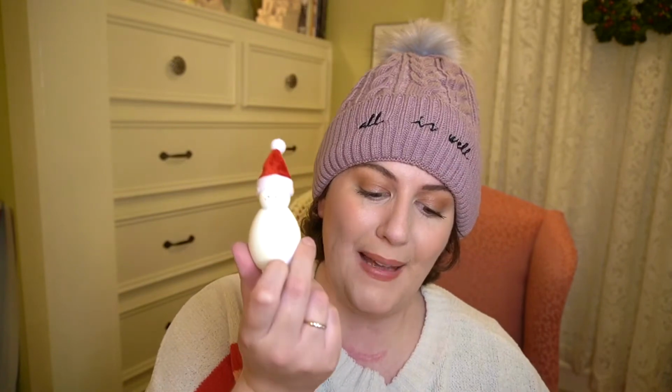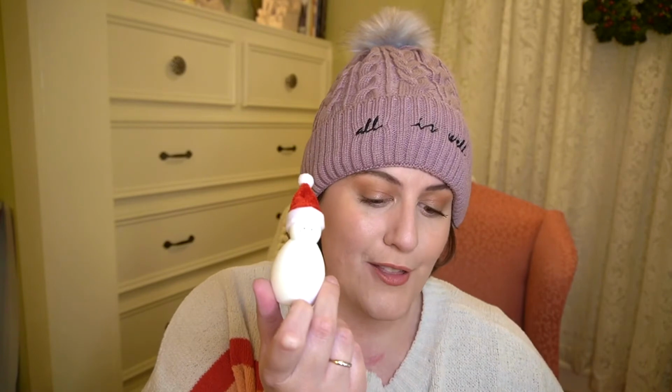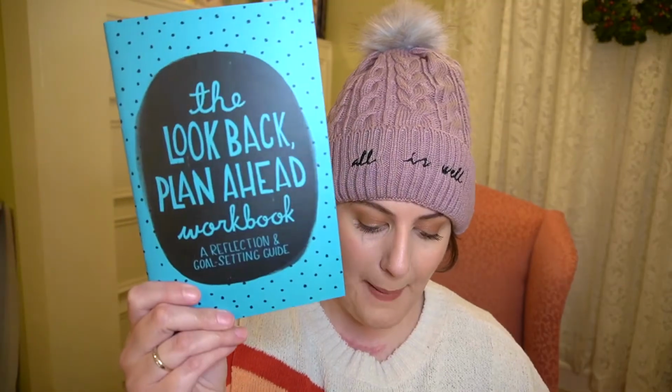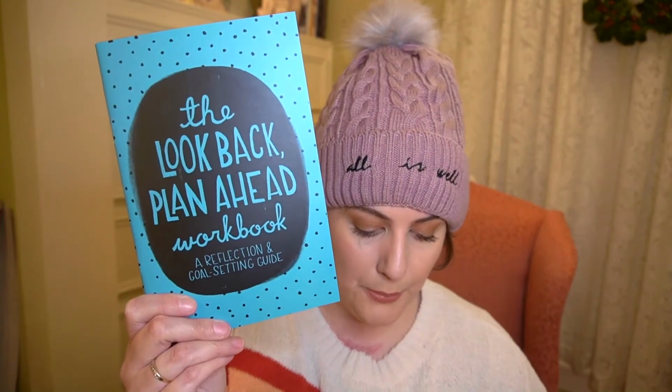This beanie, which is really keeping my ears warm right now, from Up Top Accessories, the All Is Well Beanie, has a retail value of $25. The Base Blue Snowman Makeup Sponge, which will in all honesty turn into Christmas decorations for the future in my apartment, has a retail value of $13. The Meg Cosmetic Steaming Hair Mask has a retail value of $10. 30 Days of Intentions card set from Gratitude Glass Jars has a retail value of $19.99. And the Look Back Plan Ahead workbook from Free Period Press has a retail value of $8. And I'll add it together as a retail value of...